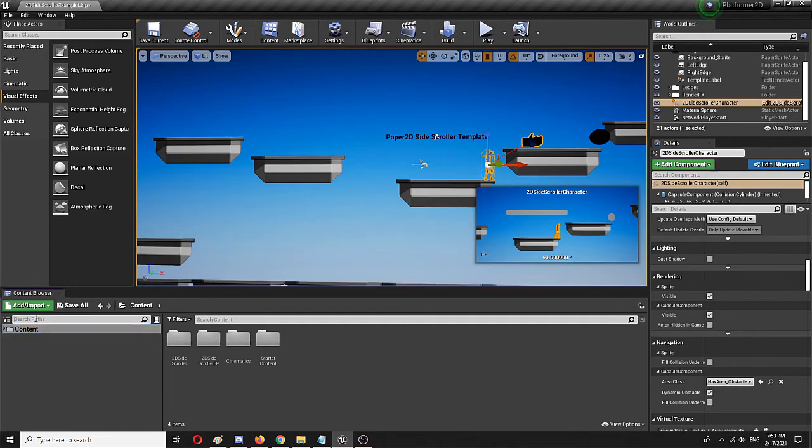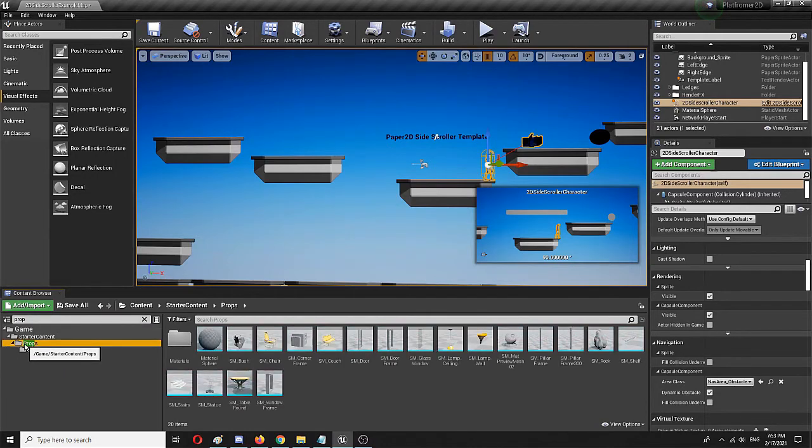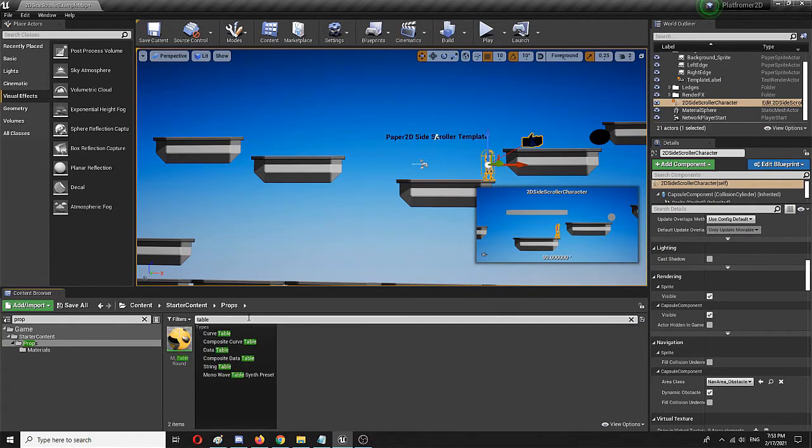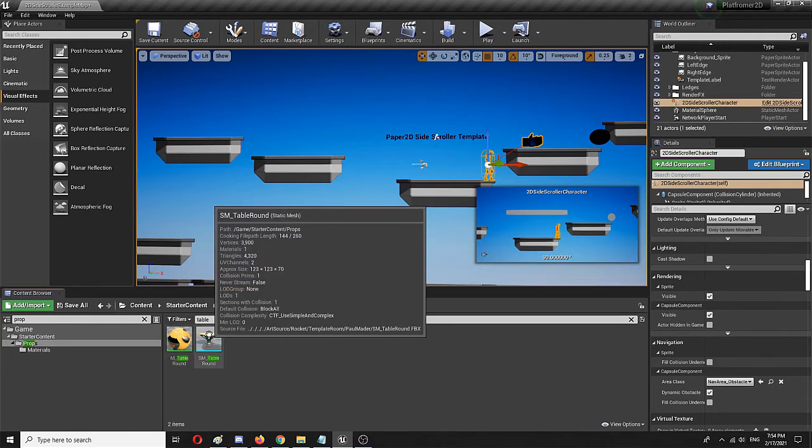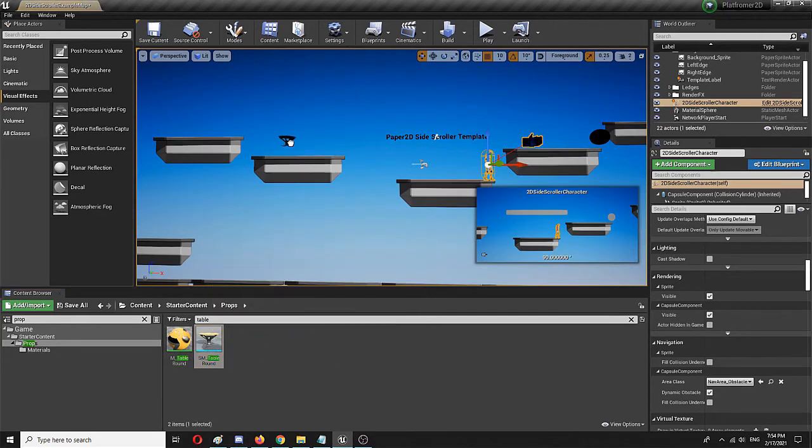But instead I can simply go for props and open up the same folder. I can search props by searching table, and this is my material, and here's my prop, or more precisely my static mesh. I can simply add it to the scene,